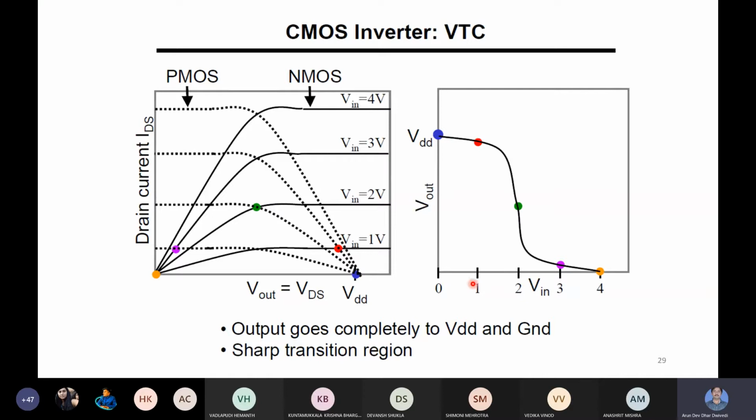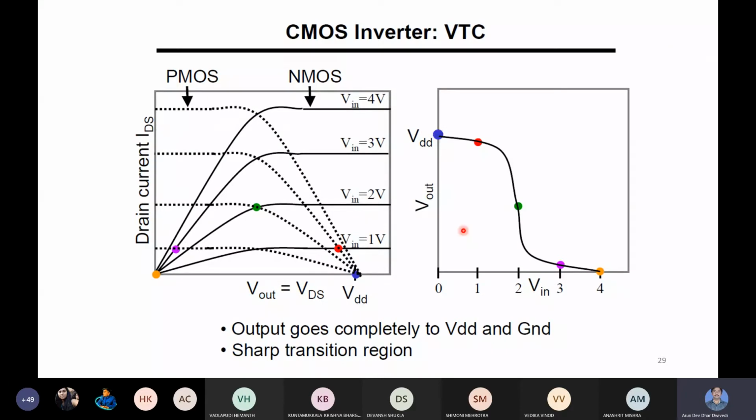Also, besides giving input 0, you can give the highest input value, suppose 4 volts for this. So you are giving input voltage equal to VDD. In that case, what is the output voltage? When VDD is given, the plot is touching the x-axis. If you draw a perpendicular, it comes to 0. So when the input voltage is equal to VDD, the output voltage is 0, which is also called VOL, output low voltage. At this point you get VOL, and here you get VOH, the output high voltage.